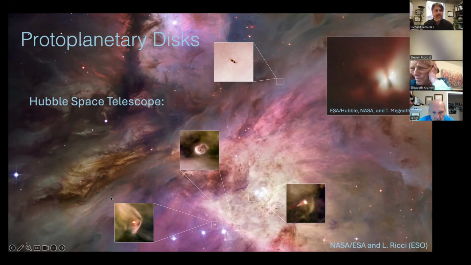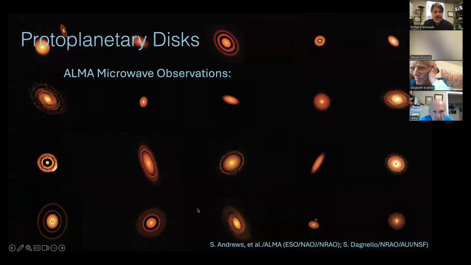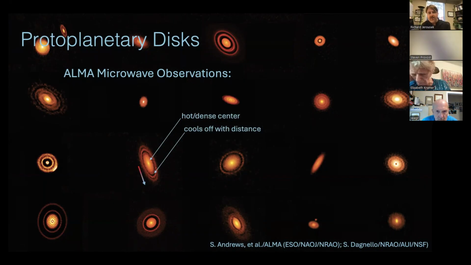We also see this from microwave observations. All of these are protoplanetary disks seen from the Atacama Large Millimeter Array in Chile. And we can see a lot of structure in these things. The brightness and the color tell us something about the temperature. So we see that they're hottest in the center, and they get cooler as you move further away, but you also see a number of gaps, spiral arms, things like that. And all of those are created by planets, which are